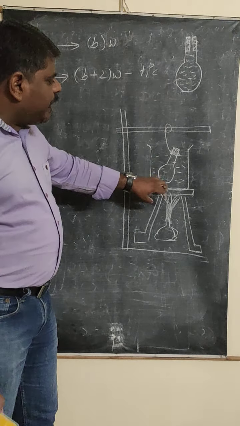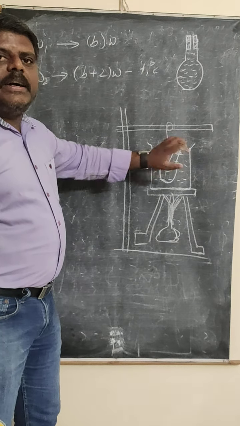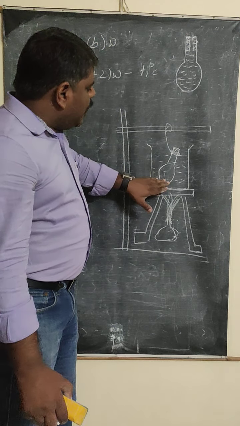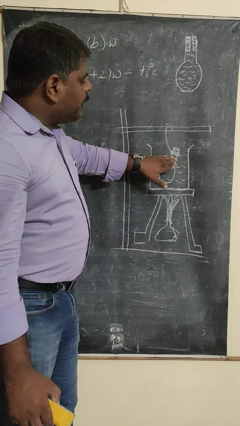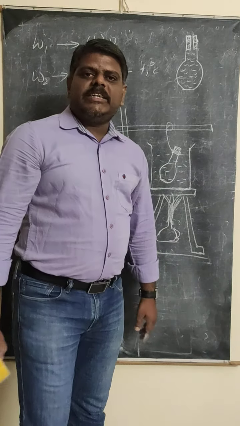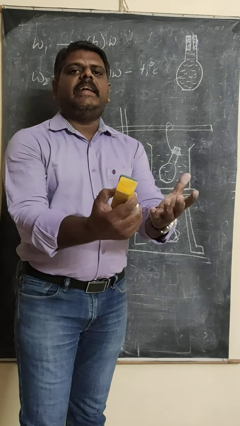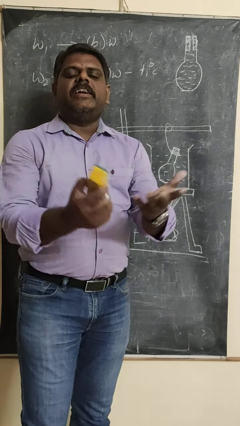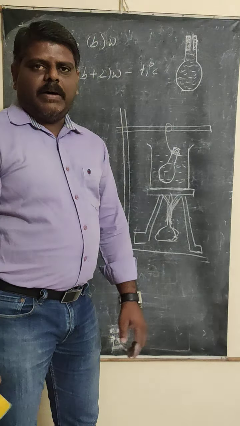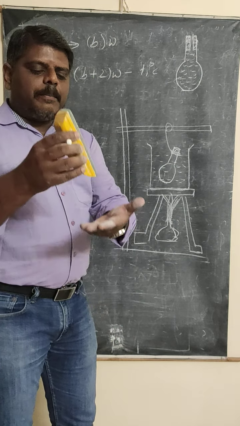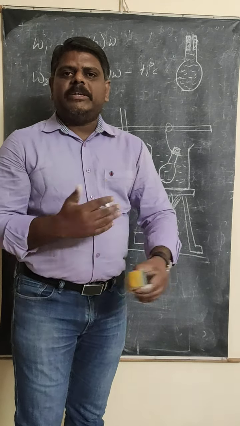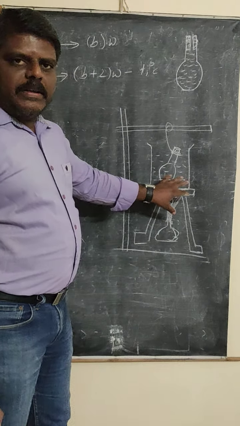So that's why we use the water bath to heat the liquid inside the specific gravity bottle. How much temperature is here, the same temperature will be here. Due to that, the liquid we are taking inside the specific gravity bottle will take heat energy evenly, and it will expand evenly. That is the reason why we use the water bath. If I heat directly, the bottom side will have more temperature and the top side less. To overcome this problem, we use this water bath.